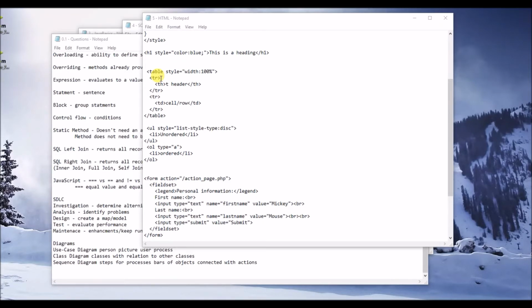A ul tag is an unordered list tag, with li tags being each of these listed items, and an ordered list is an ol tag, also containing an li tag for each of these items in the list. A form also could be covered with a form tag containing various input tags, such as text, radio, checkbox, and submit types. There are lots of different questions that could be asked about Java, and